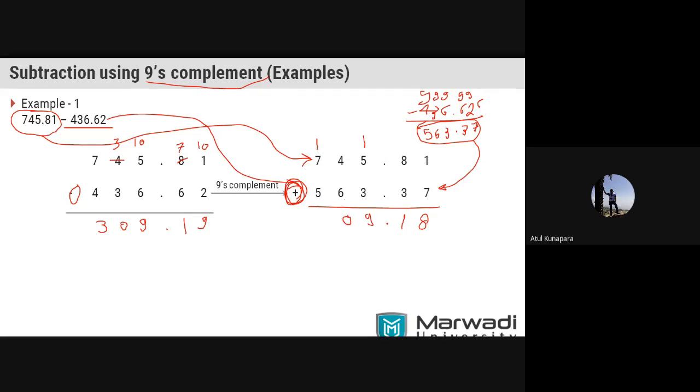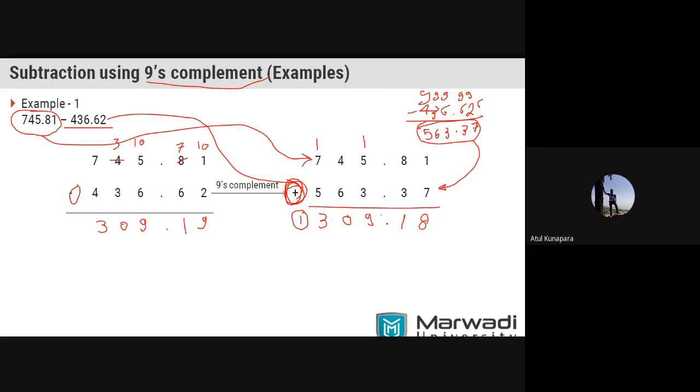1 will be carry. 8 plus 5 will be 13, so you can put 3 here. And now 1 here, there is a carry. You can see this. So in the 9's complement form, when you are performing the subtraction, what is the